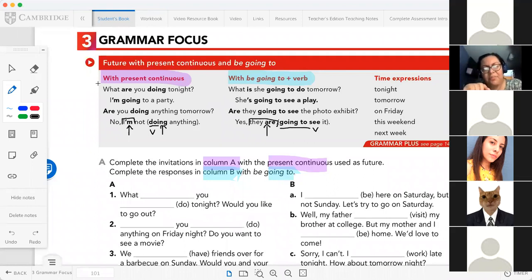Those are more specific stuff. And as I mentioned before, in the blue book, we're gonna check that those things are more suitable for the present continuous. Whereas going to is more like just for general plans. Un plan en general que igual y no vas a detallarle tanto a la persona con la que estás hablando. For example, a general plan es, en general, sin detenerse a pensar en los detalles,